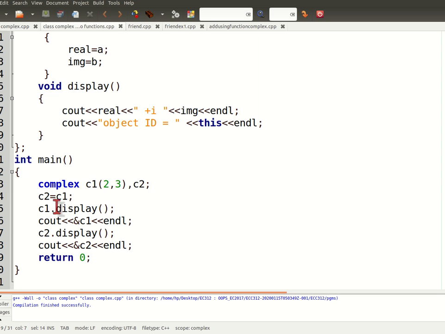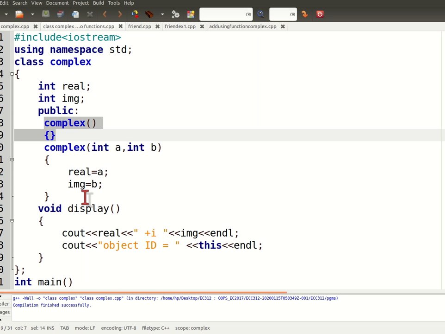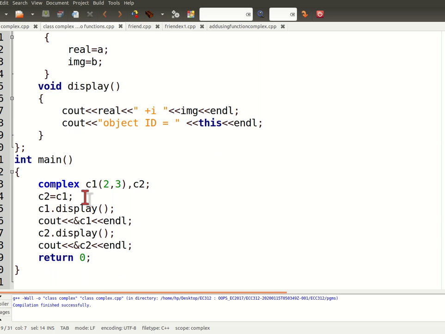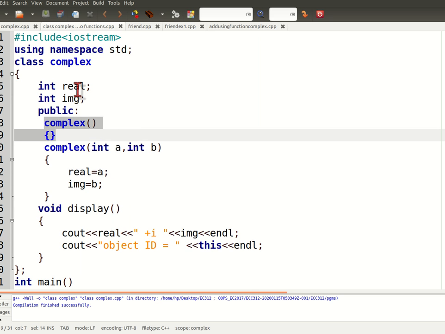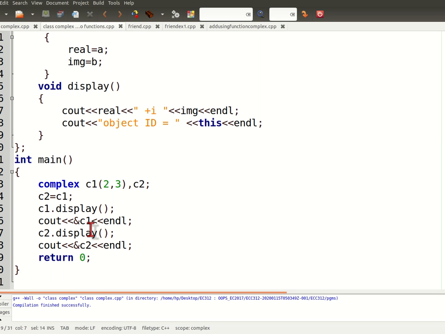What will happen here with c2 equal to c1? It will copy, or assign, the real and imaginary part of c1 to c2, and c2 will also contain the display function.